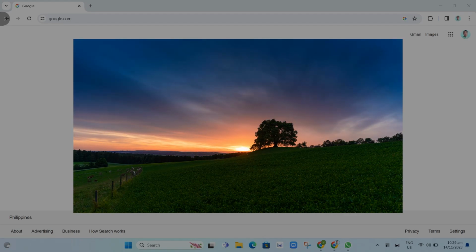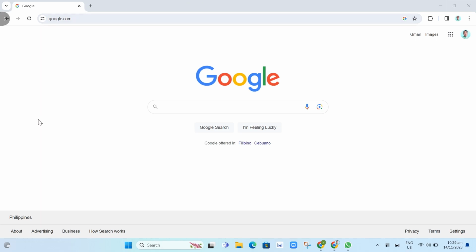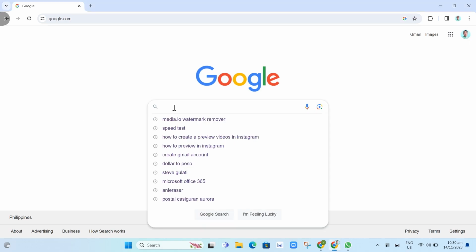In this video, we're going to show you how to remove watermark from video without blur. So first of all, here you just need to open your internet browser. So from here, I just want to open my Google Chrome and go to this search box. And here you just need to type